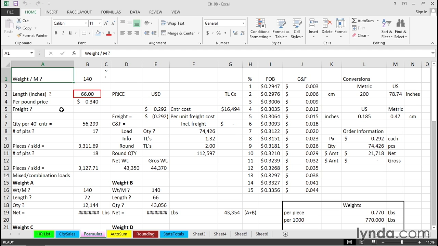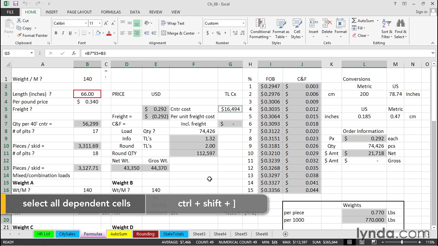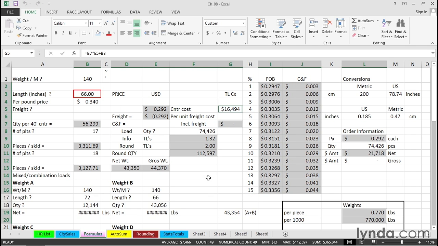It's going to take us a lot of manual labor to get there unless we have these keystroke shortcuts or techniques to get there. And we've got both for this particular feature. First of all, if we want to find the cells that depend upon B3, after selecting B3, we can simply press Control-Shift right bracket. It highlights all cells that have formulas that either directly or indirectly refer back to cell